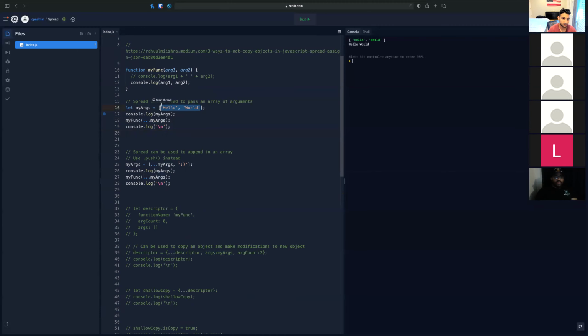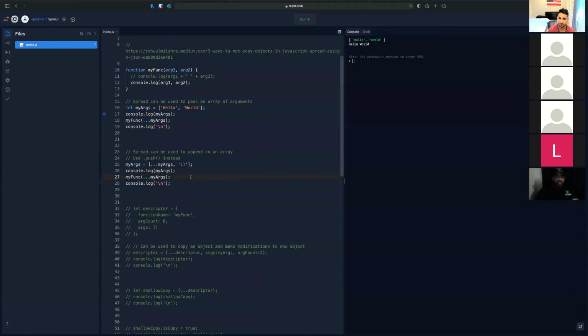So I can take the contents of this array, and here it's like I can just place it in its place. So this is what the new array is going to look like. Hello world, and then I added a new thing at the end. So you can see how I can make a new array. I made a new array with the contents of the old array, and then put a little thing at the